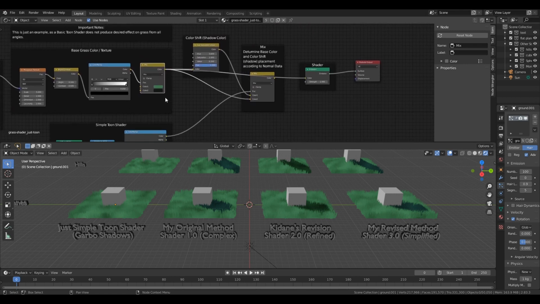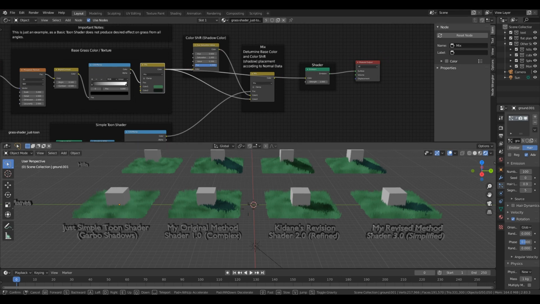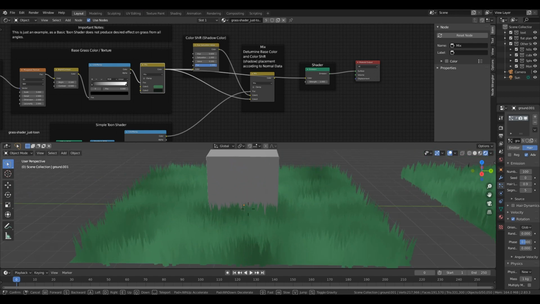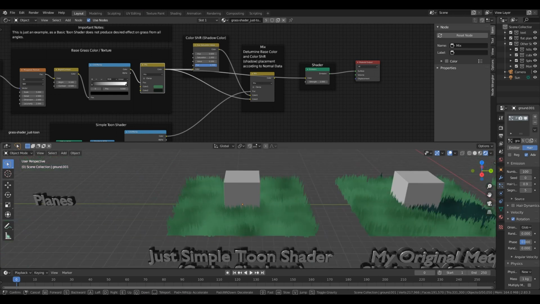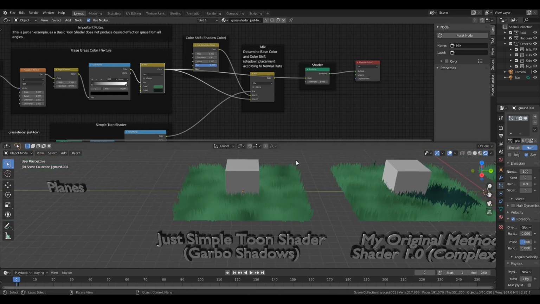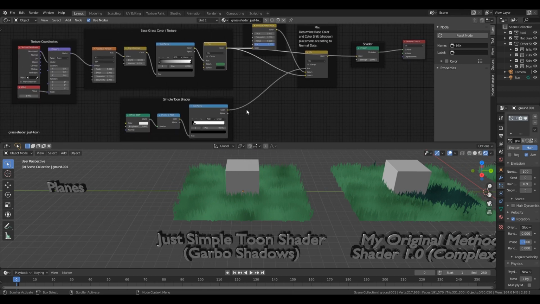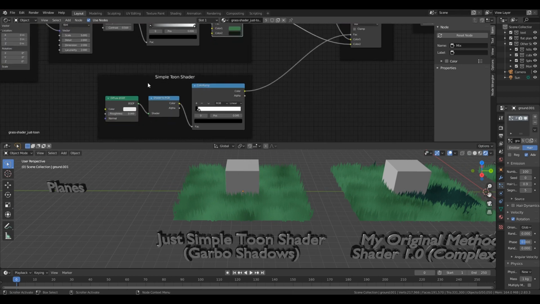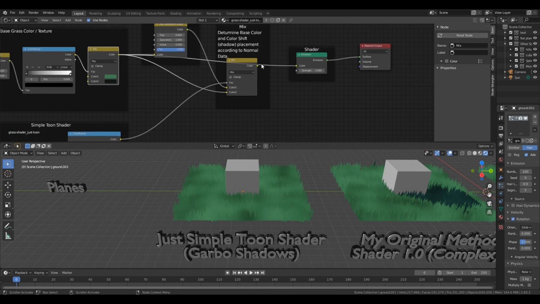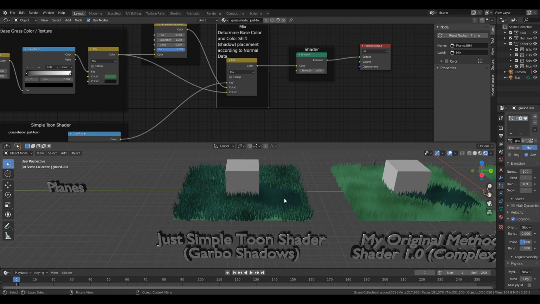And basically all you do is plug that into an emission shader and it gives you pretty good looking stylized grass. This is all in Eevee, by the way. I don't know if I specified that, but this is all in Eevee. However, the problem with this method is you don't get any shadows. So what I and other people would try to do is just plug in a toon shader, see what would happen, and this, of course,